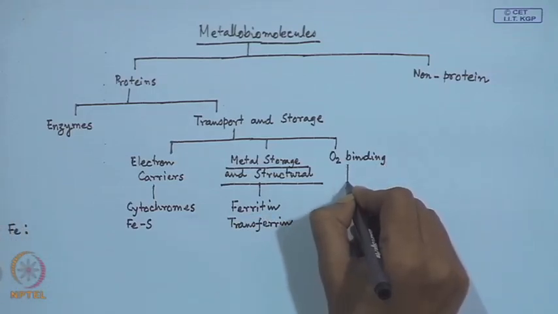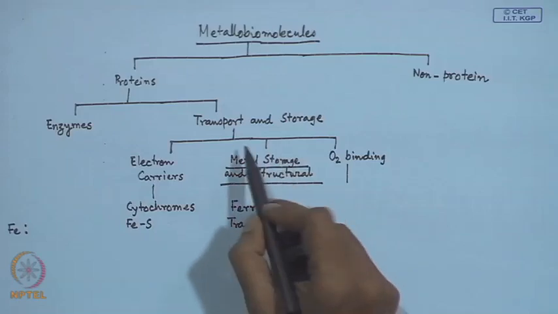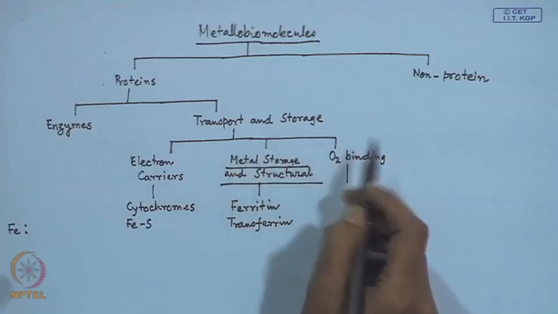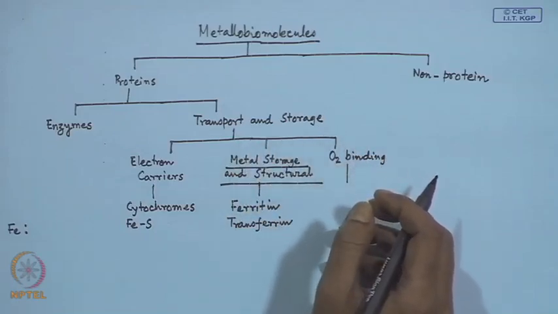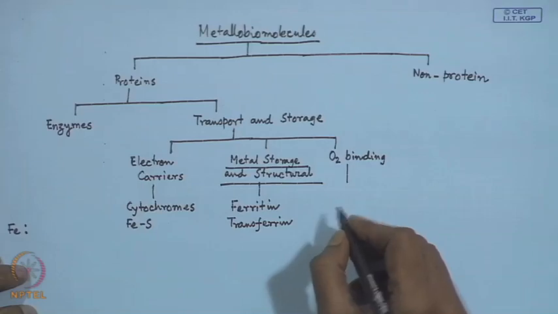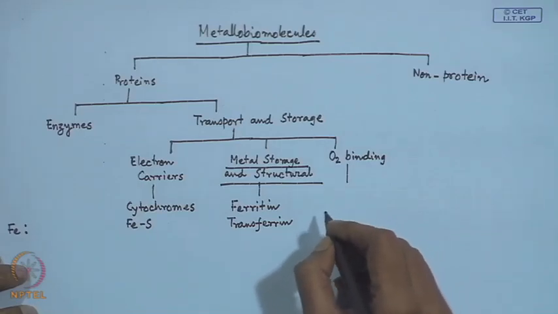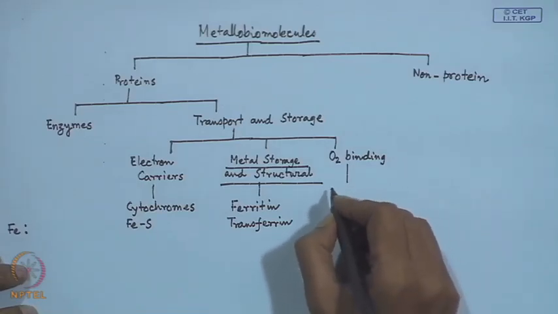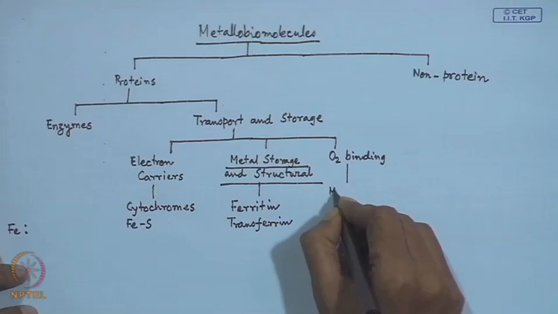This oxygen binding is also related to transport and storage. How do you transfer the dioxygen molecule and how do you store it? Because for O2 binding, we have the